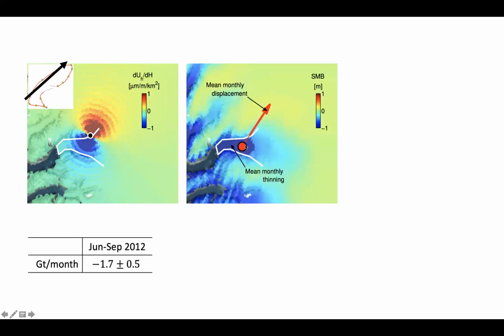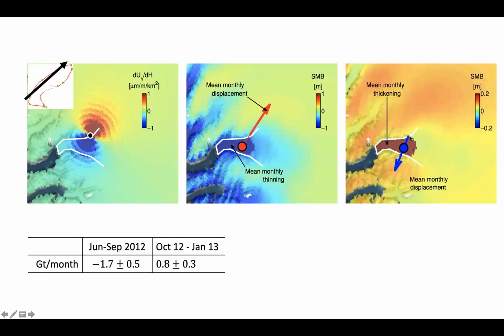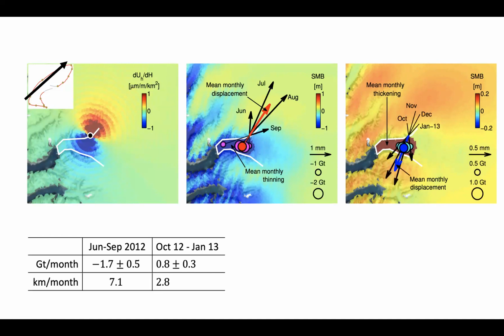And then we can do a simple inversion, and you can even quantify the centroid of the mass anomaly. The uncertainty here really comes from the fact that we did a lot of experimentation with distributed versus concentrated load models. And then we can also do a similar calculation for what happens in the following 4 months, and we could calculate the accumulation of mass at a rate of about 0.8 gigaton per month, and the associated uncertainty is shown here. And you can play this game on a monthly basis.